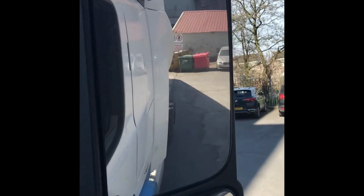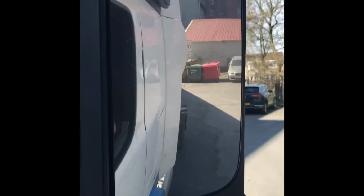Let's see if I can get this in one-handed while I video. You can see the mirror, get round the skip. So I can't see the trailer in that mirror, I can this side, but I can't see the hole now where we're going. To be fair, it is much easier for me than somebody else just turning up, because I have done this hundreds and hundreds of times. I might not get it in one, but